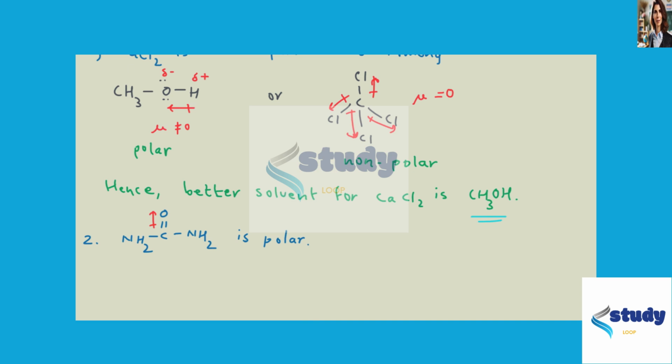Okay, so now we have been given here DMSO, that is dimethyl sulfoxide. So the structure we have been given here is CH3-S double bond O-CH3. Now that is also polar, because we have sulfur and oxygen, both from the same group, but here oxygen is more electronegative than sulfur. Okay, so that's why this will be the direction of the dipole moment. So that is polar,